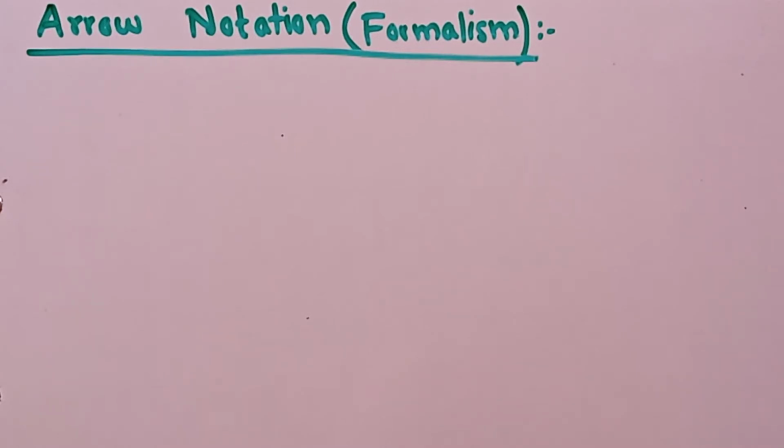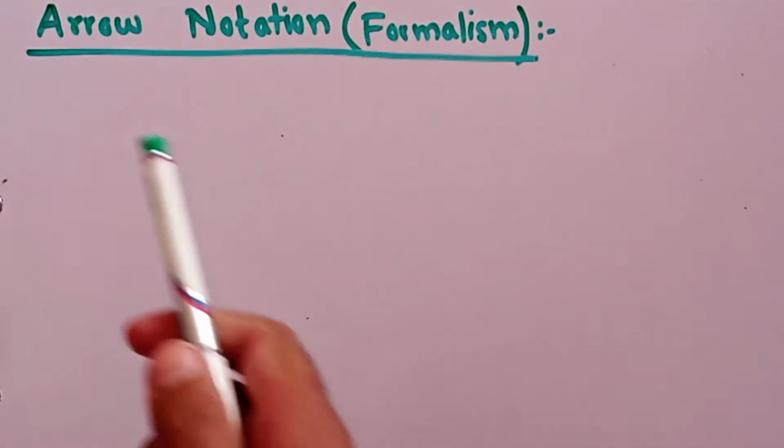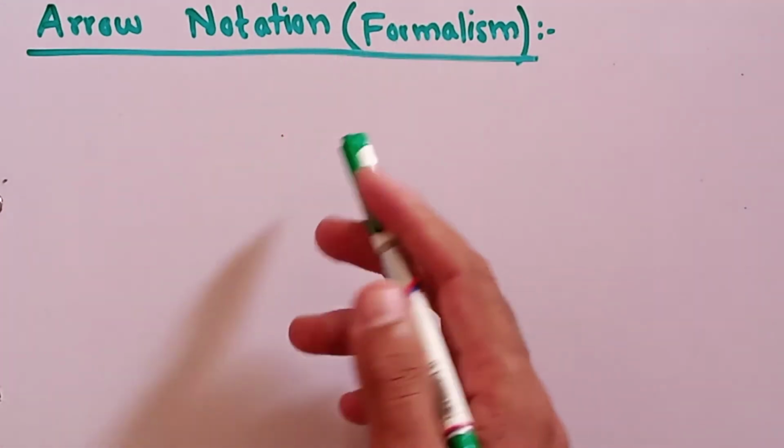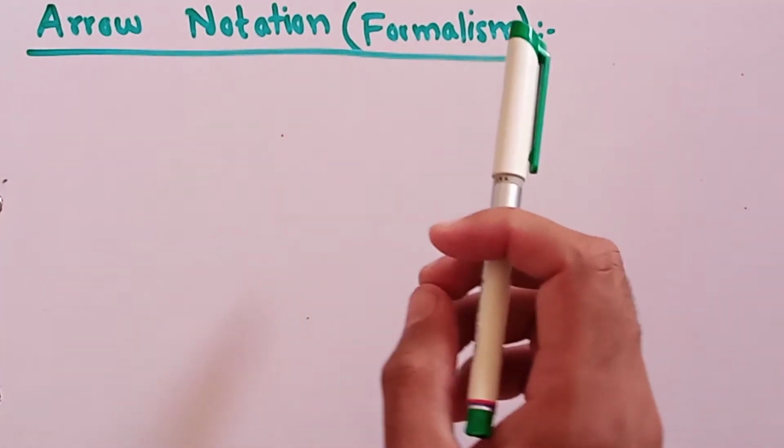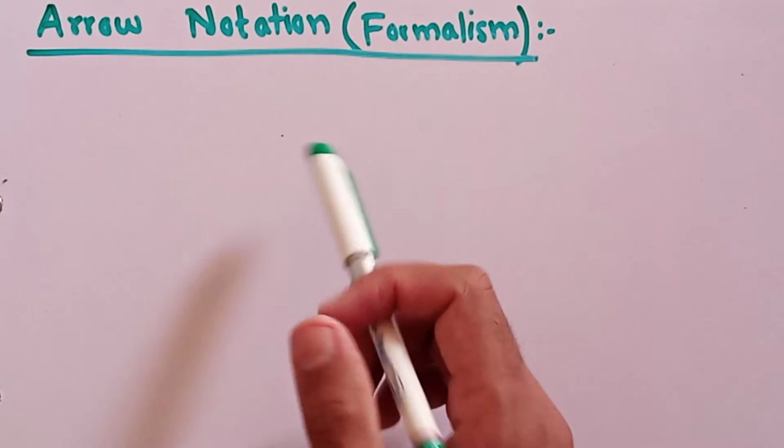Let's start today's topic. Today's topic is about arrow notation. What is meant by arrow notation? What is meant by formalism? Arrow notation is also called formalism. It is very important in organic reactions, which usually involve